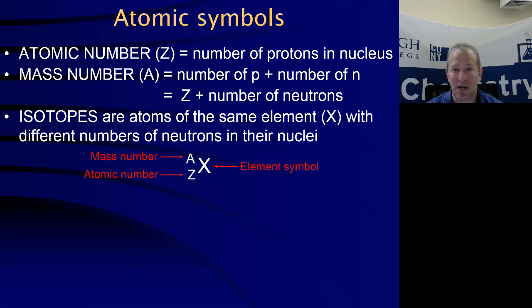If it's got 6 protons, it's carbon. If it's got 7 protons, it's nitrogen. If it's got 8 protons, it's oxygen. If it's got 7 protons, it is not carbon. It is nitrogen. Okay, that's the definition of an element